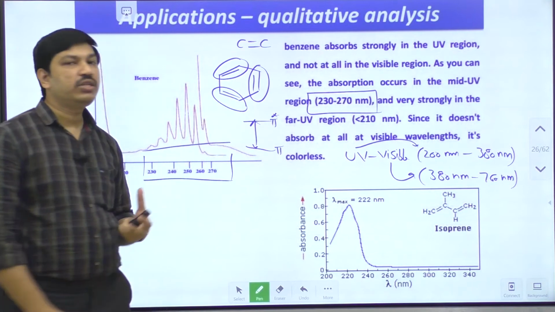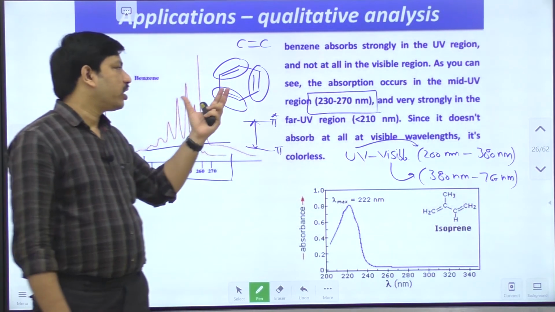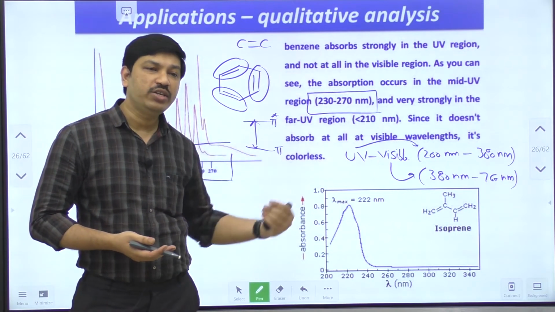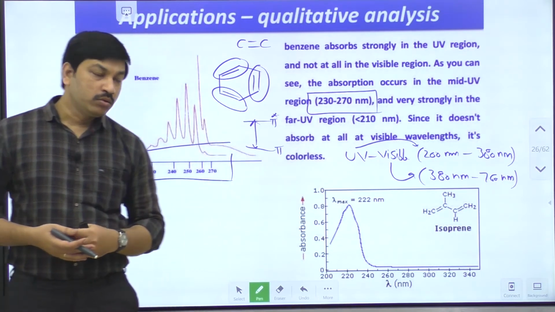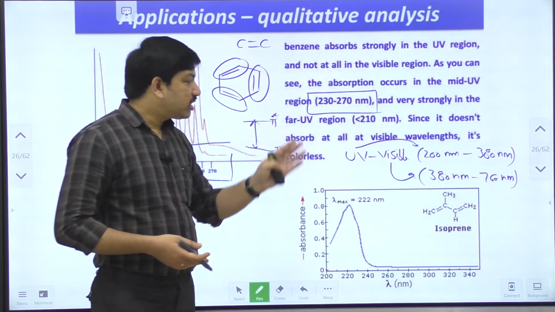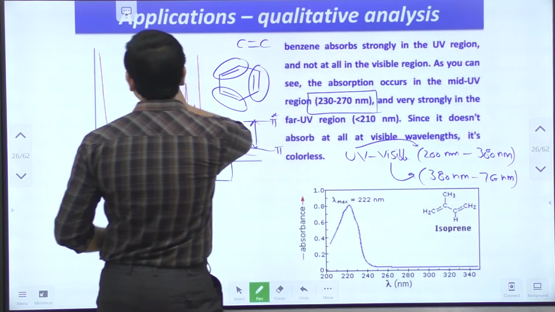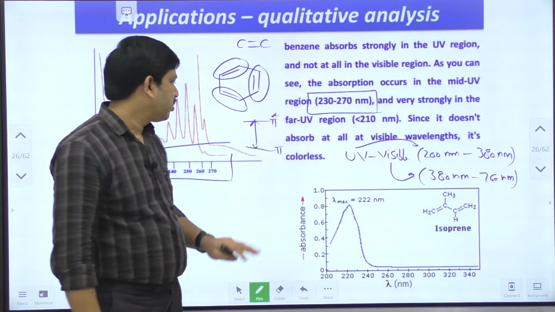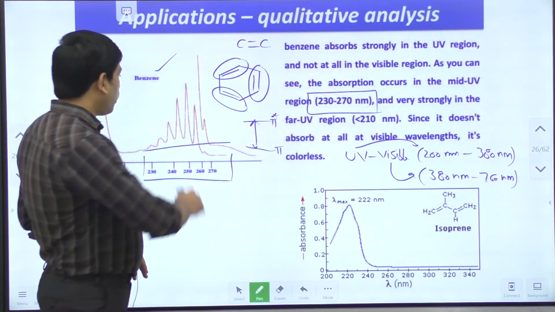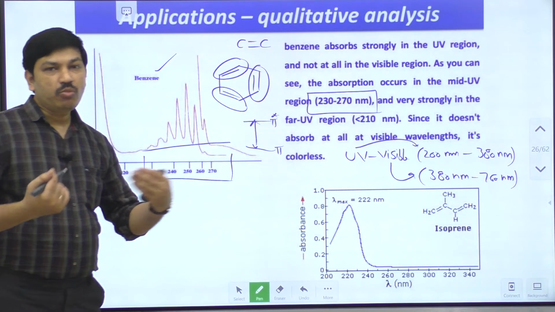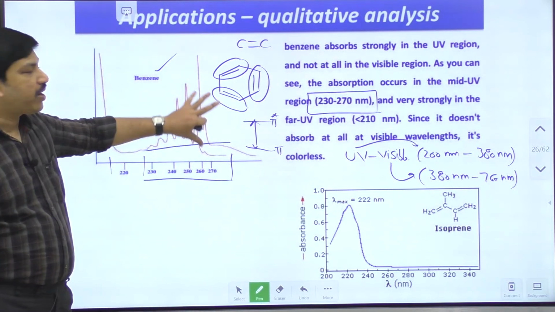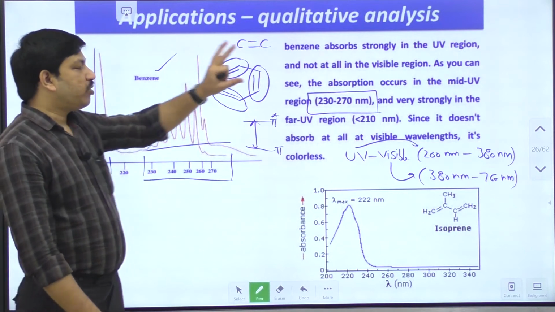We are able to answer that by using the UV absorption spectrum of benzene. If you take the UV absorption spectrum, it is absorbing in the UV region instead of the visible region. So this clearly indicates that benzene is a colorless system because it absorbs in the UV region. Whenever a benzene ring is available in our molecule, the corresponding absorption spectrum shows this particular pattern of peaks.